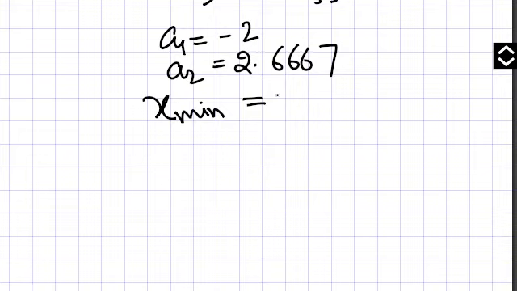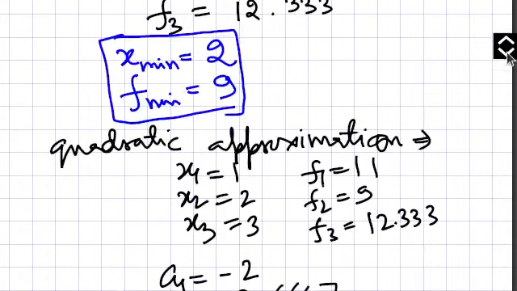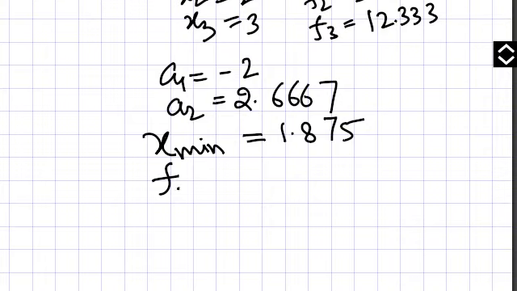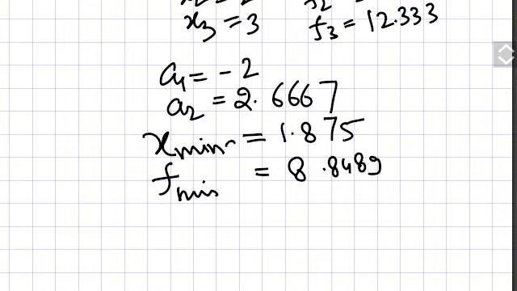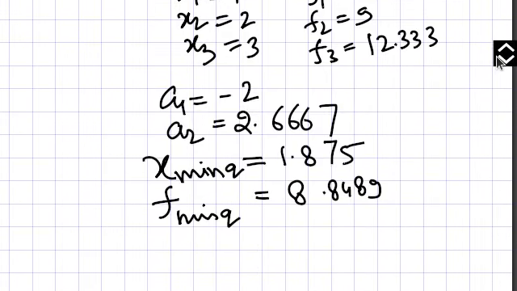X minimum if you calculate, in the previous lecture we have done this, and when you put this x minimum in the f(x) function, you will get f minimum to be 8.8489. And I am writing here the letter q this way to distinguish it from this value, because here also we are writing x minimum, the same parameter. So to separate these parameters, I am writing q, and q is for quadratic approximation.